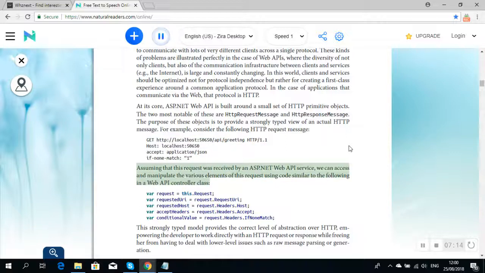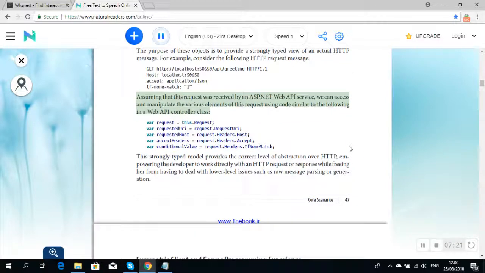Assuming that this request was received by an ASP.NET Web API service, we can access and manipulate the various elements of this request using code similar to the following in a Web API controller class. var request = this.Request; var requestedUri = request.RequestUri; var requestedHost = request.Headers.Host; var acceptHeaders = request.Headers.Accept; var conditionalValue = request.Headers.IfNoneMatch;